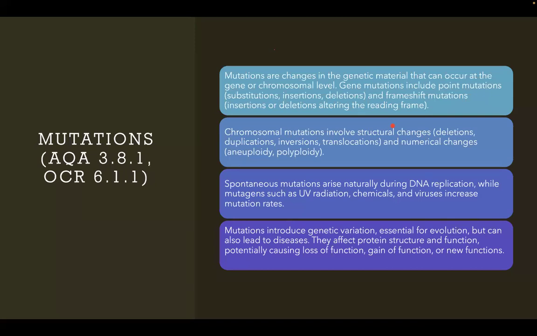Spontaneous mutations can arise during DNA replication, and these are mainly linked to quite bad things. So, cancer, skin cancer, melanoma, that's usually linked to UV radiation and exposure to that. Viruses can increase mutation rates. So HPV, human papillomavirus, can be very bad. It can cause cervical cancer in young girls, which is why most people in here are probably vaccinated against it